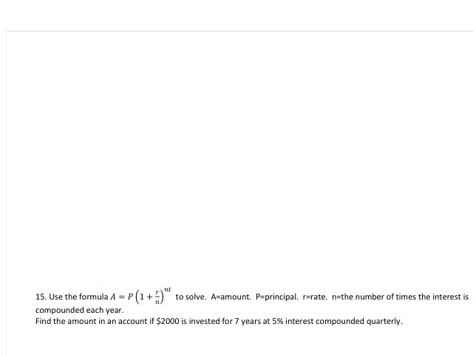Alright, so in 15 we're going to use this formula, A equals P times quantity 1 plus r over n to the power of n times t. And the nice thing about this is that it tells us all the information we need in order to solve this problem. So what we want to figure out is A, the amount of the account if $2,000 is invested. That's our principal. Our principal here is $2,000